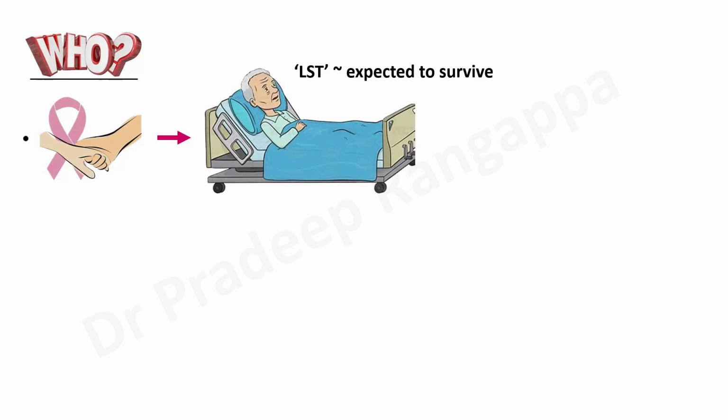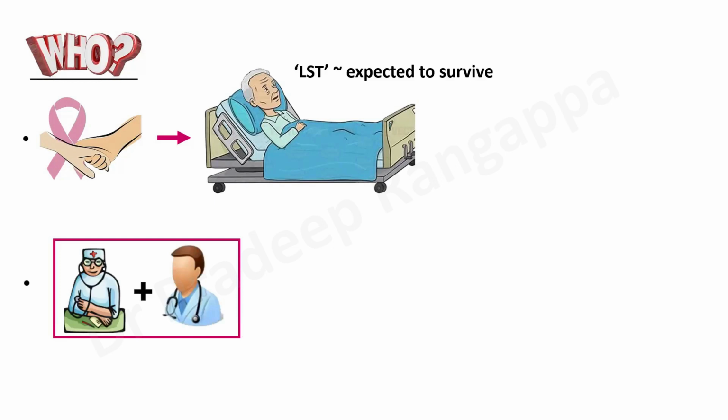So it may be a cancer patient who may survive for 1 year. But the care that is given during that period with regards to symptom alleviation, and with regards to communication and keeping the patient's preferences, all this constitutes palliative care. So who should provide palliative care? The best model that is accepted is an intensivist who has some training or understanding about palliative care, together with a palliative care specialist. So both together form the perfect team to provide palliative care, is what is recommended.